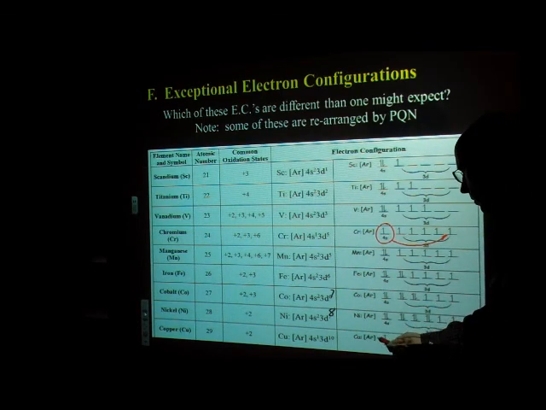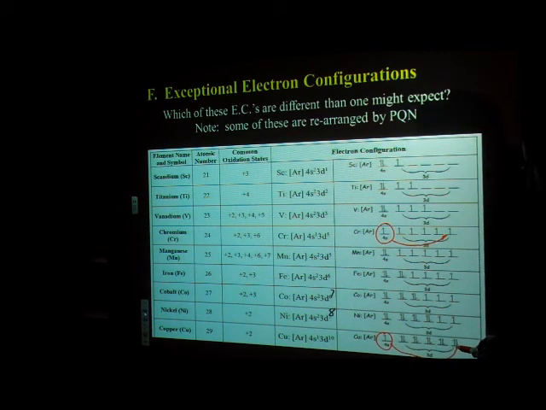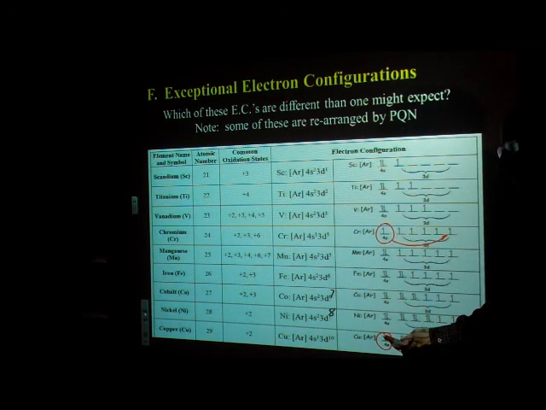So copper is going to break the rules. It also has a 4s1, and it takes that 1 electron and puts it over here in the 3d. So the 3d is full. And so copper, we would expect it to be argon core, 4s2, 3d9, but it's actually argon core and then